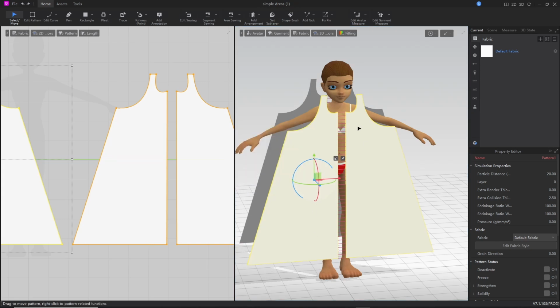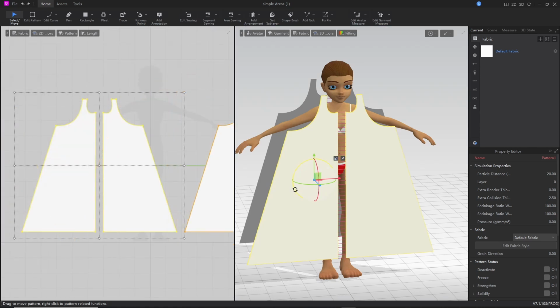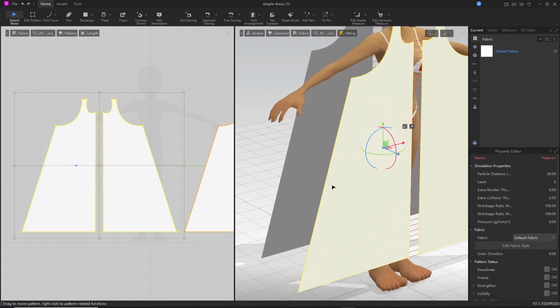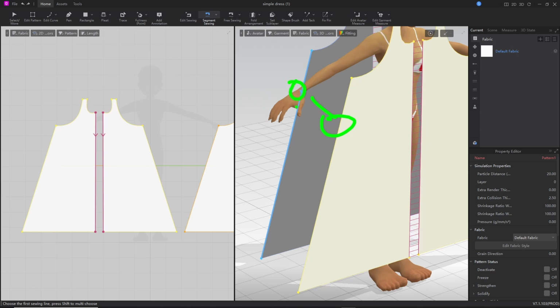Okay. So now that we've got a front and a back, what we need to do is stitch them together. So we've already got a seam stitched down the center, which we did previously. We need to repeat that essentially for the rest of the patterns. So again, for that, we want segment sewing, activate, mouse over an edge, remembering to duplicate or mirror the orientation of the stitch seam. So 1, 2,